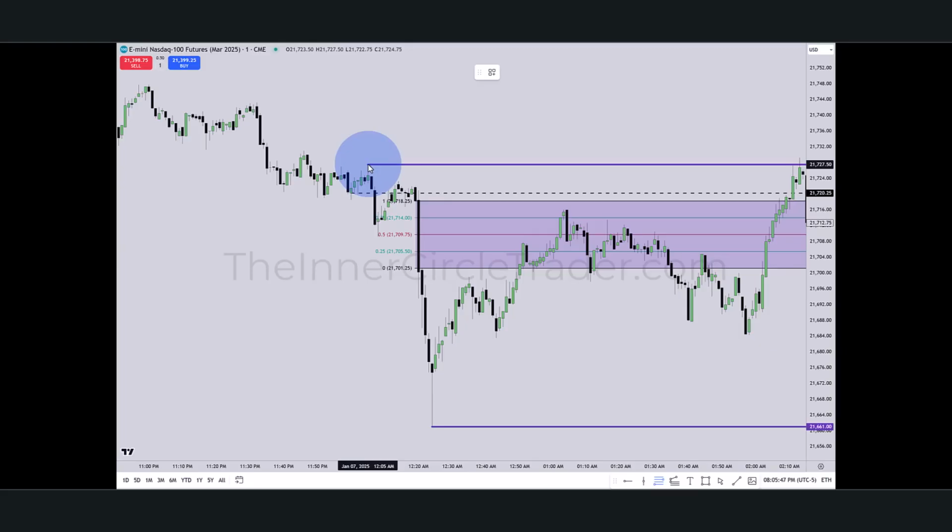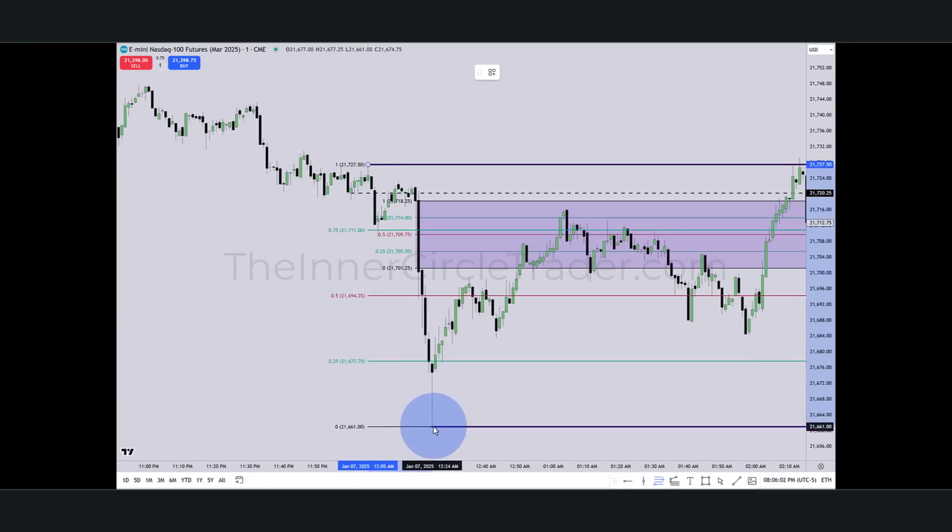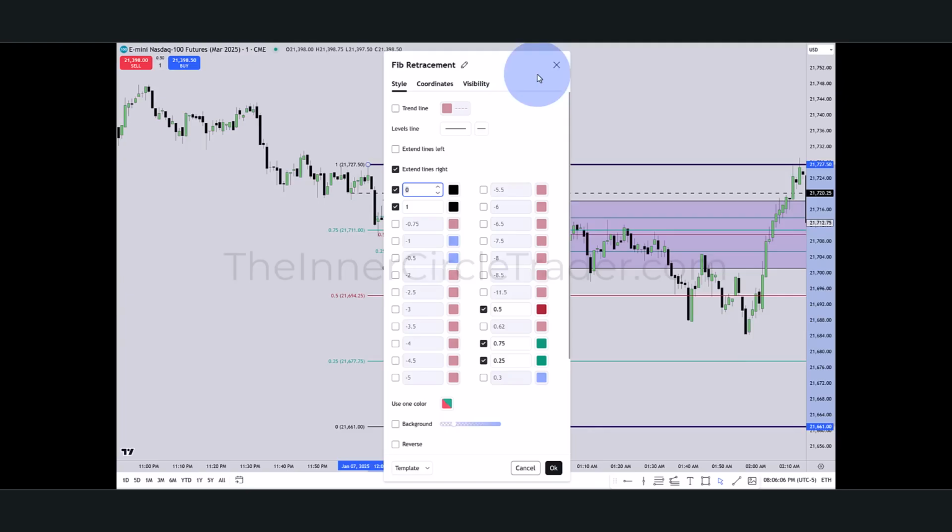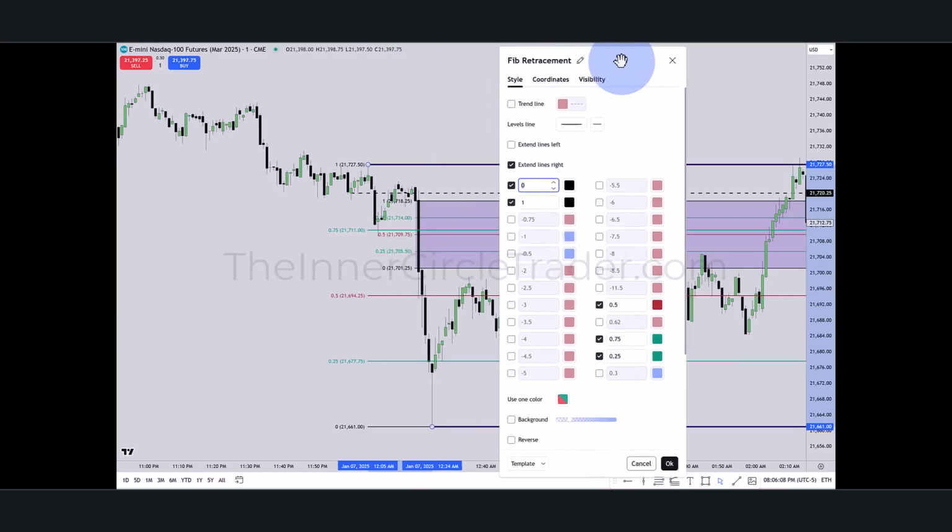Now that sounds crazy, right? Like there's no way. Come on, ICT. You can't do things like that. Well, you can't, but I can. So if you take the high here of that opening range at midnight and we plot that like that, you see that? Now I'm going to go into the settings. So you can see again, here is my Fibonacci settings. And if we add things like negative -0.5,